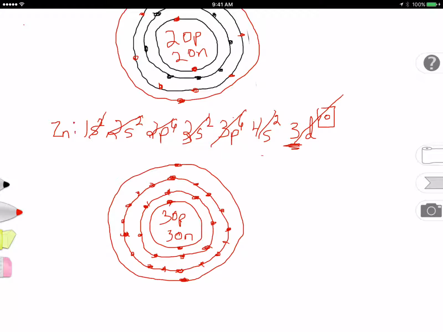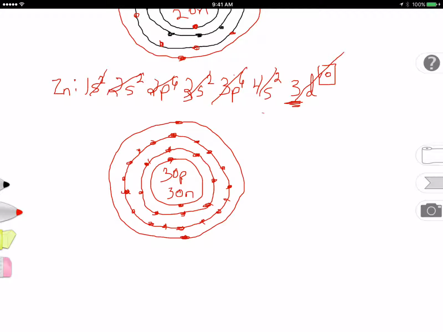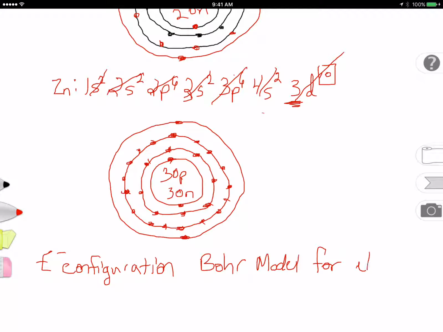So now you're going to be working on a little project here, writing down electron configurations and Bohr models, and we'll do another thing next one. So what you need to do is get yourself ready for doing a whole bunch of different elements. So on a separate sheet of paper you need to do the electron configuration and the Bohr model, one with all the circles, for elements